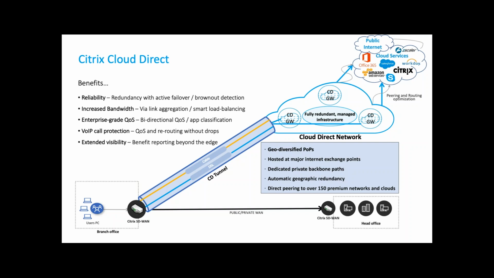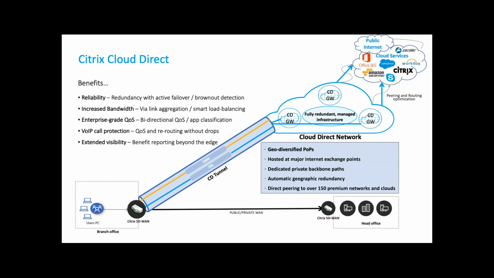So what's interesting about this is the sort of smarts that we can provide from a branch site to the data center when you've got two SD-WAN appliances on either end. But what we're looking at here is a direct connection to a cloud service provided by Citrix. And this exists at all of the 150 internet exchange locations around the world. And it's a front door giving you that intelligence for the first time to be able to give you that quality control across the internet, the public landscape, and where many issues occur.